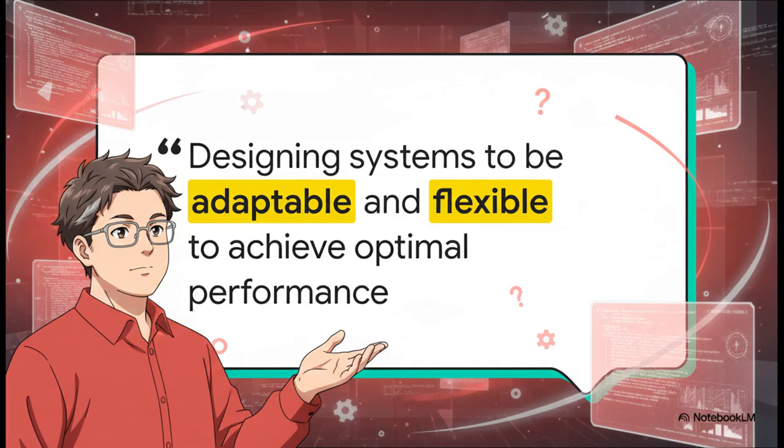We call it dynamics. The official definition here is pretty profound. It's all about designing systems and objects to be adaptable, flexible, and capable of changing their characteristics to achieve optimal performance under varying conditions. So what does this actually mean for us? The crucial point here is that true digital agility isn't about perfectly predicting the future. Honestly, who can do that? It's about engineering a system that doesn't even need the future to be perfectly predictable. It simply adapts on its own.